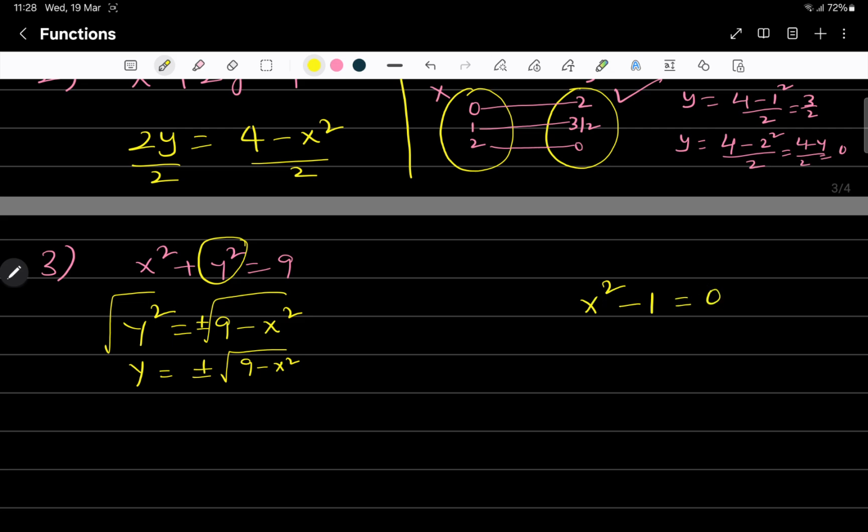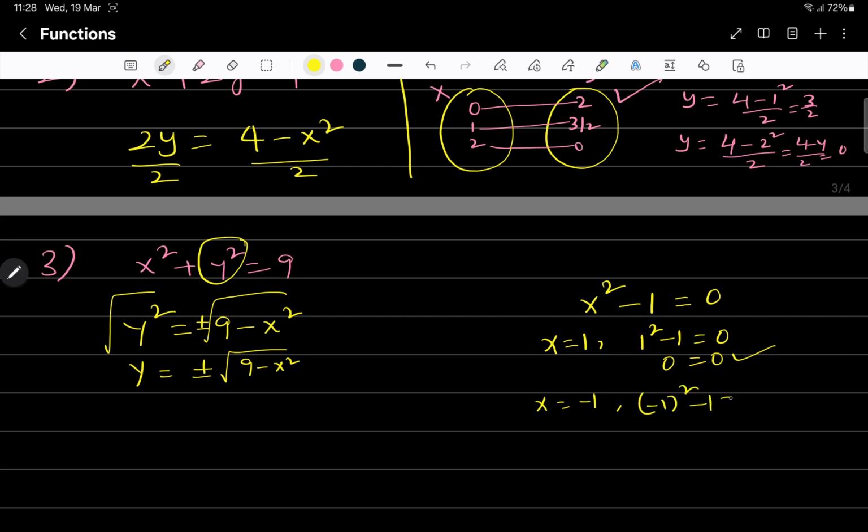Then for this equation, x having how many degree? 2. Then it has two solutions. If I write x is equal to 1, see here, 1 square minus 1, 0. 0 is equal to 0. It is true, right? If I write x is equal to minus 1,